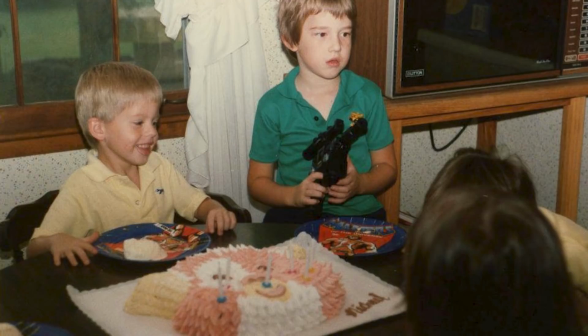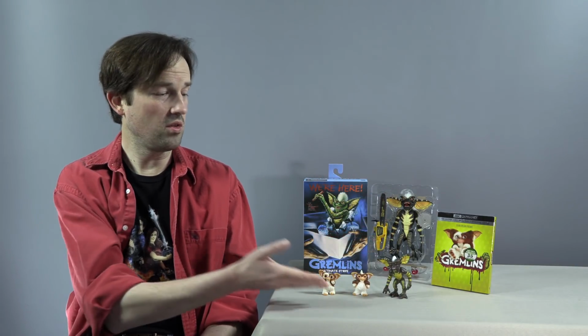Anyway, so I rent it, I watch it, and true to the Motion Picture Association of America's frustration with the movie, it was not an R, but it certainly wasn't necessarily PG. I mean, it kind of freaked me out. That being said, it got me obsessed with Gizmo, and I ended up having a Gizmo cake at one point for a birthday, and I also ended up with some of the LJN figures, which are still with me to this day. The 3-pack of LJN,